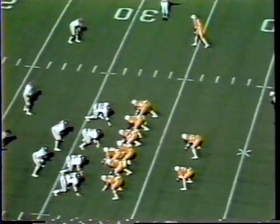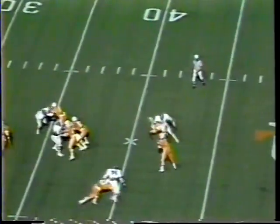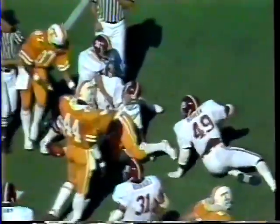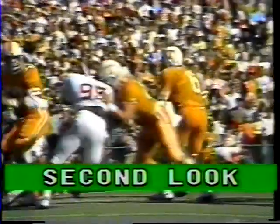Tight end is on the right side of the football field against the 4-man Alabama defense. Running back split, Cockrell to throw. Here comes pressure. Here's Cockrell throwing, pass complete. Ball down at the 30, to the 25 with the ball. This will be Tennessee. Chuck Coleman moves it down to the 21-yard line, where Tennessee will have it first down and 10 to go. Tackle made by Booker, but Tennessee will have it first and 10 at the Crimson Tide